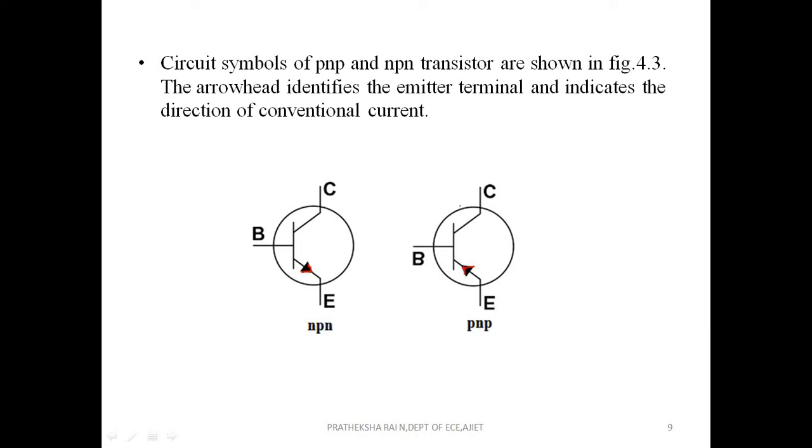When you write the NPN or PNP transistor from an exam point of view, you have to draw this diagram, a very neat diagram. Then represent three terminals, that is collector, base and emitter. And this arrow mark is very important. If you are writing for NPN, remember the arrow mark will be outwards, whereas in case of PNP it is inwards. You will understand why it is outwards or inwards when we study the operation of NPN transistor. But for now, just understand the circuit symbol of BJT is like this.